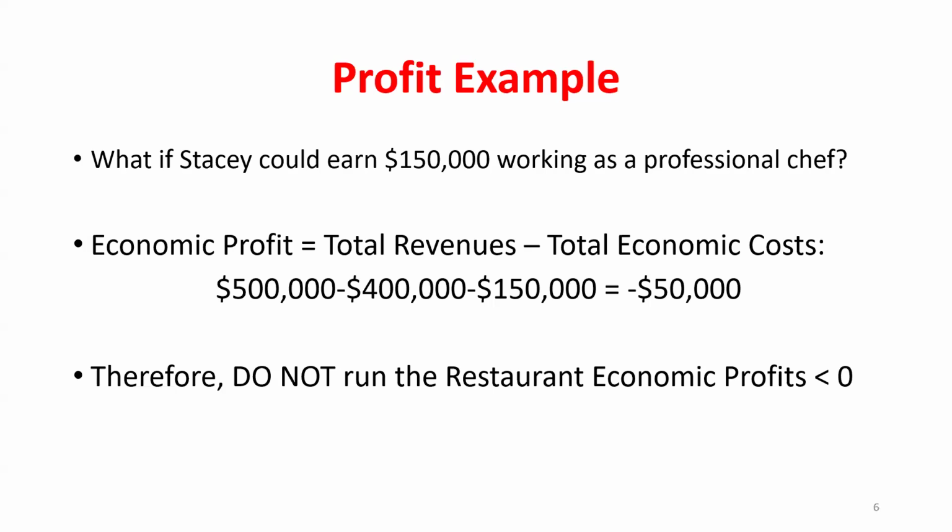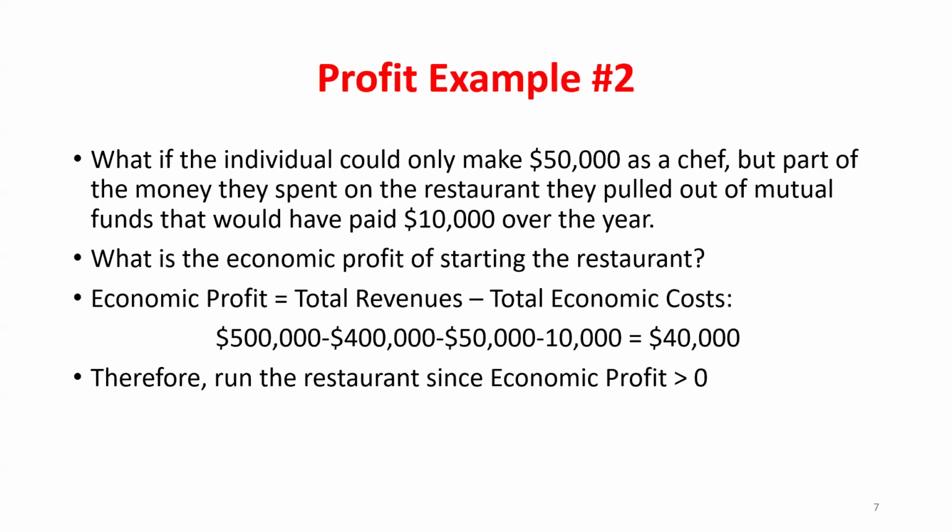Now, what's happening to my accounting profits? They don't factor in these implicit costs, so they're not going to change at all. But we shouldn't be making our decision based off those accounting profits. We should be factoring in all types of costs, making decisions based off of our economic profits. Okay. So if I can't make as much money as a chef, my implicit costs go down. Instead of being negative, my economic profits might now be positive, right? I factored in a lower foregone wage.